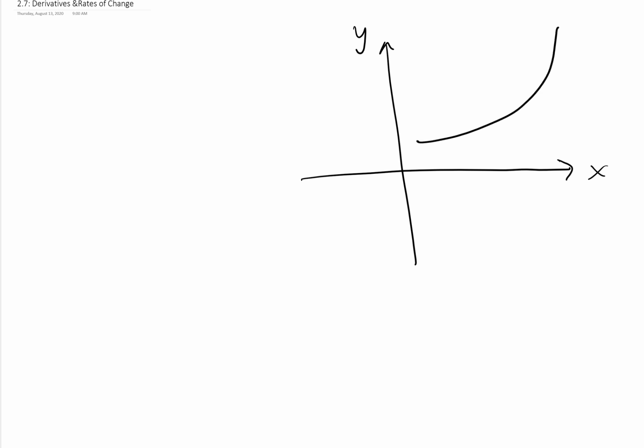2.7 talks about derivatives and rate of change. So let's say we have a function f like this with a